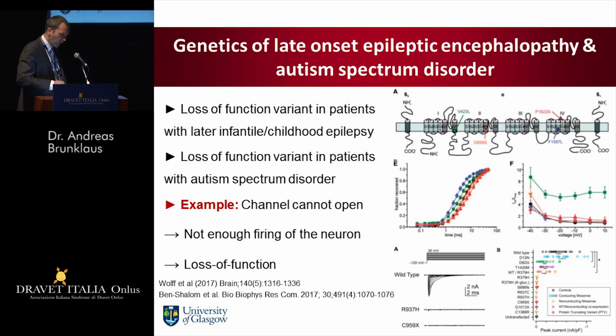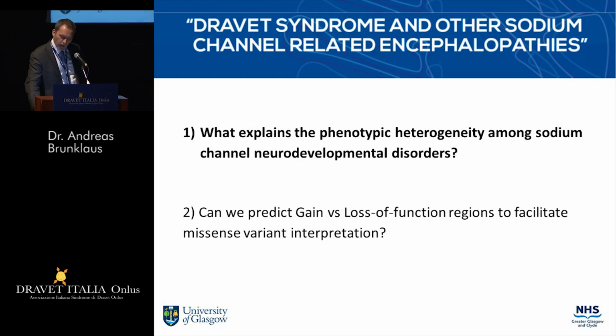And this is work by Ben Shalom. So when they looked at individuals with autism spectrum disorders with SCN2A variants, they all tended to be loss of function variants. And I would like now to move on, really looking also beyond SCN2A, and with my collaborators, Dennis